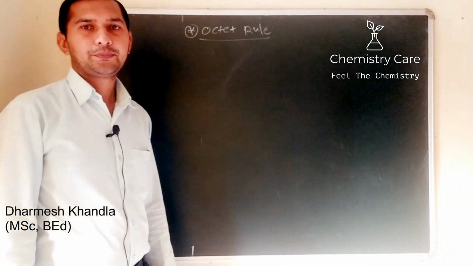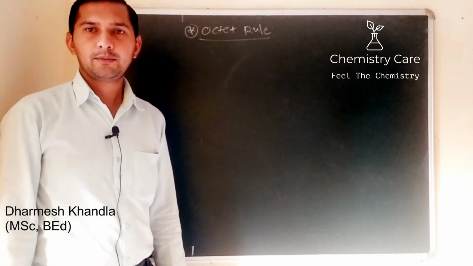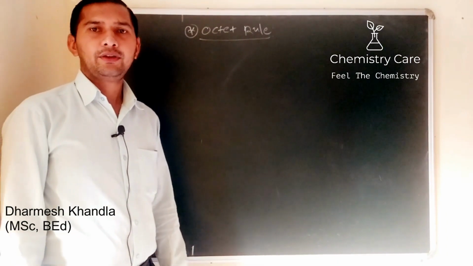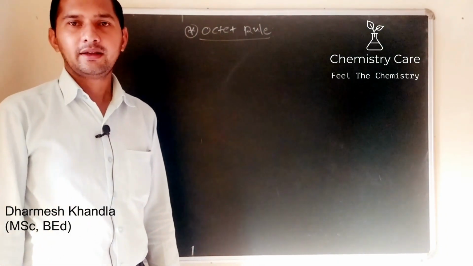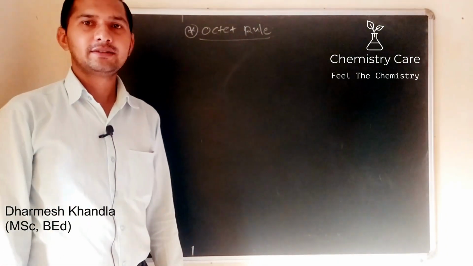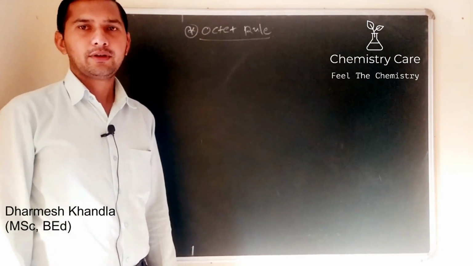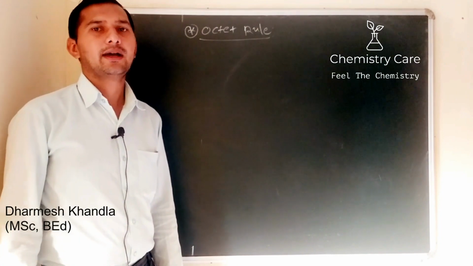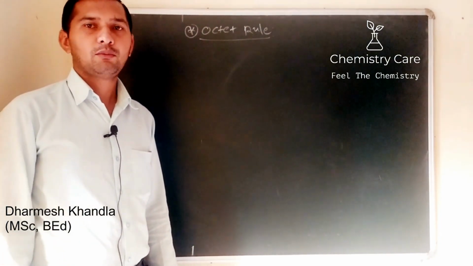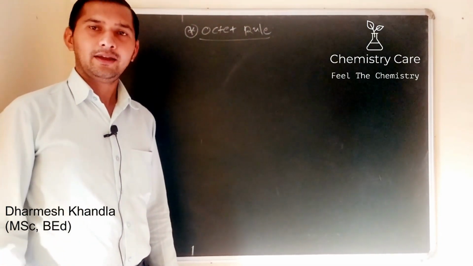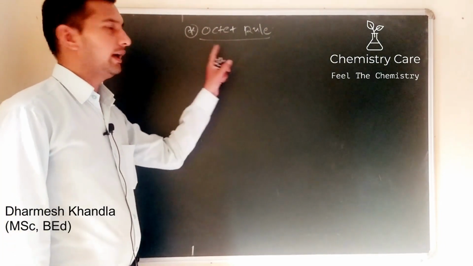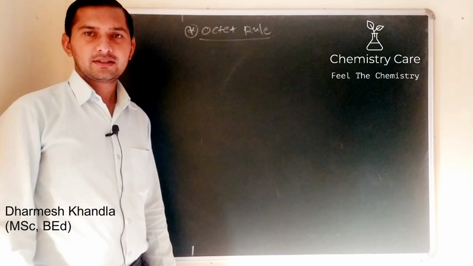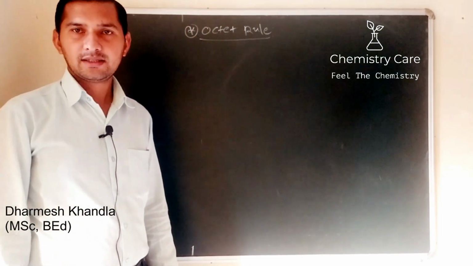We know that certain atoms are stable in the form of a molecule. If we see the electron configuration in a stable molecule, then we can easily say that if any atom acquires 8 valence electrons in its outermost shell in the form of a molecule, then this is known as the octet rule. We will discuss it with the help of certain examples.